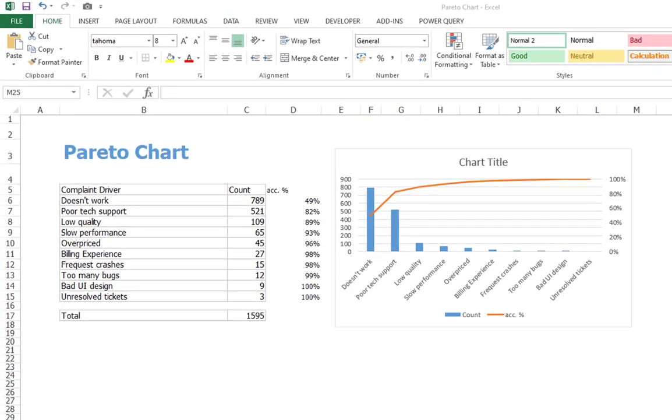There is one more thing to do. As you can see, the grid lines are aligned with the left axis. But because the focus should be on the percentages, in particular the 80% threshold, we want to align the grid lines with the right axis. Click into the chart area